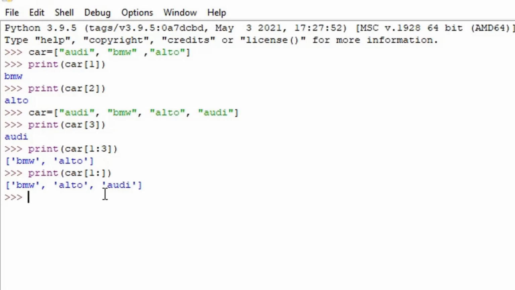So now I am going to get the Audi also, क्योंकि यहाँ पे हमारी पहली इंडेक्स पे जो वैल्यू है वो तो इंक्लूड हो गई, और चूंकि हमने दूसरे आर्गुमेंट में, दूसरे प्लेस में कोई इंडेक्स वैल्यू मेंशन नहीं किया, तो पाइथन इंटरप्रेटर ये समझेगा कि हमें फर्स्ट इंडेक्स से लेके जो भी लास्ट इंडेक्स है उस लिस्ट का, वहाँ तक हमें वो वैल्यू चाहिए. So this was all about slicing and accessing the element with the help of the slicing concept.